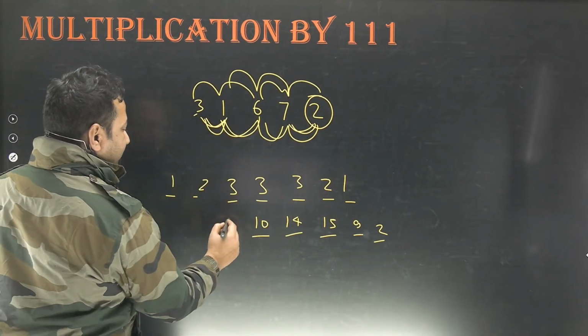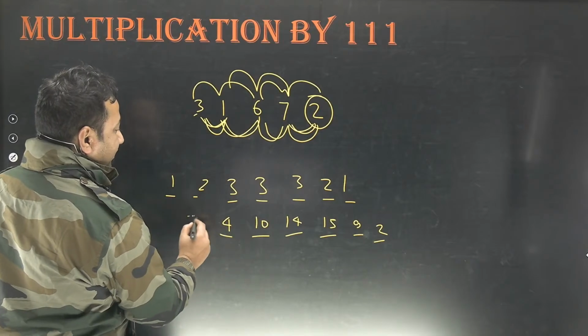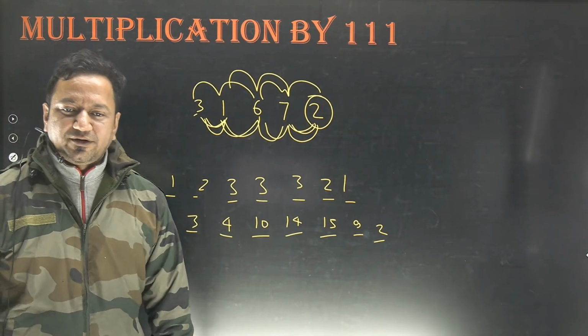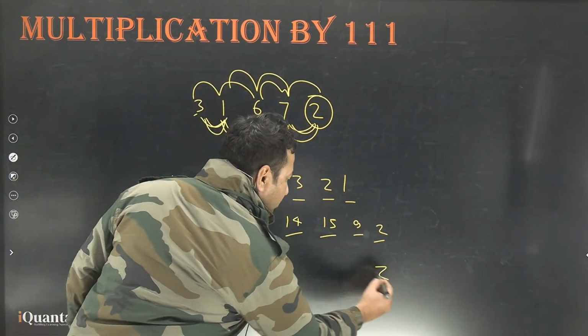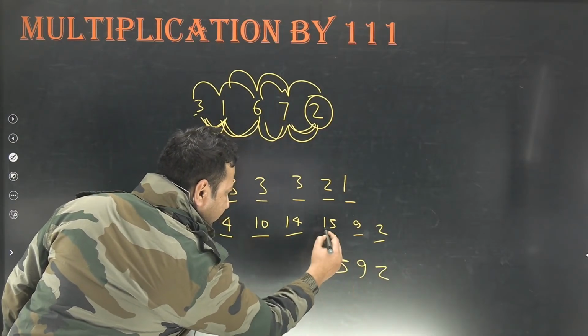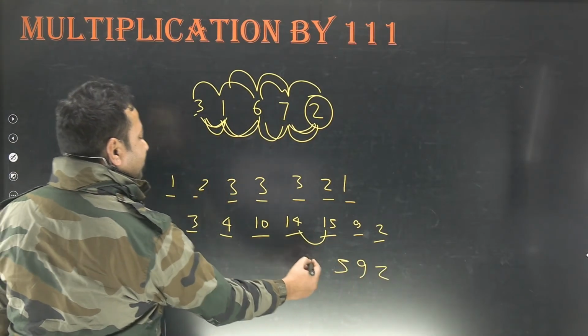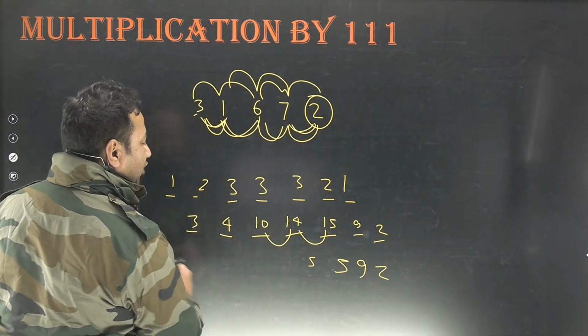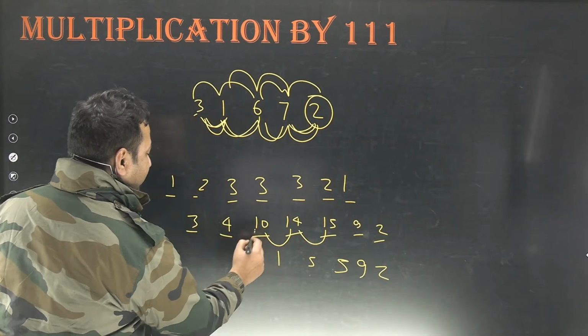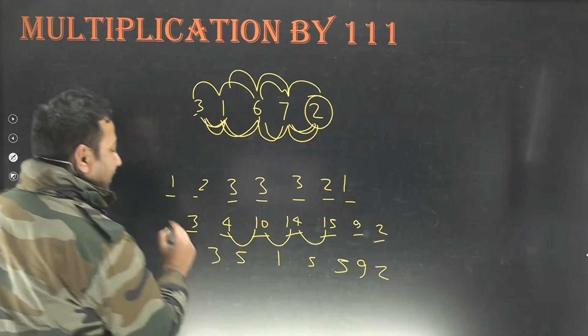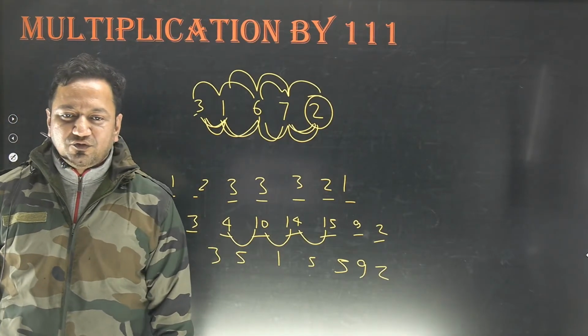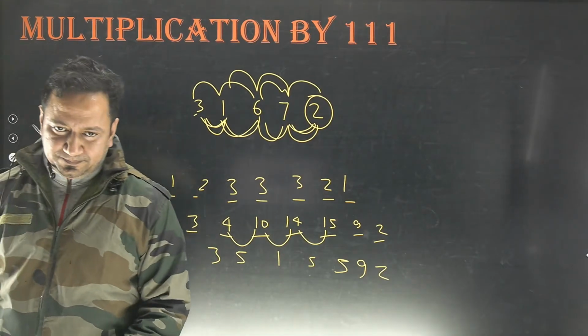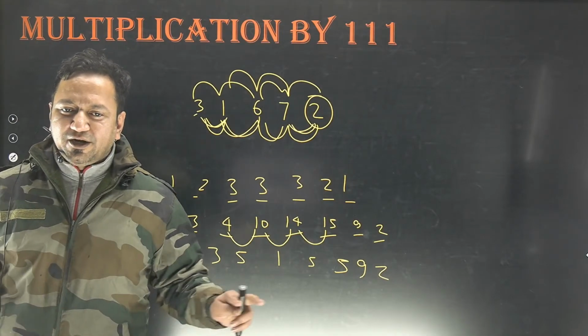1 plus 3 is 4, and then 3 comes here. Alright? 2, 9, 5 comes here. This 1 is carried forward. 14 becomes 15. Again 5 remains. 1 gets carried forward. We got 11. 1 remains. 1 is carried forward. We got 5 and then 3. 3, 5, 1, 5, 5, 9, 2 would be the correct answer. Clear to everyone?